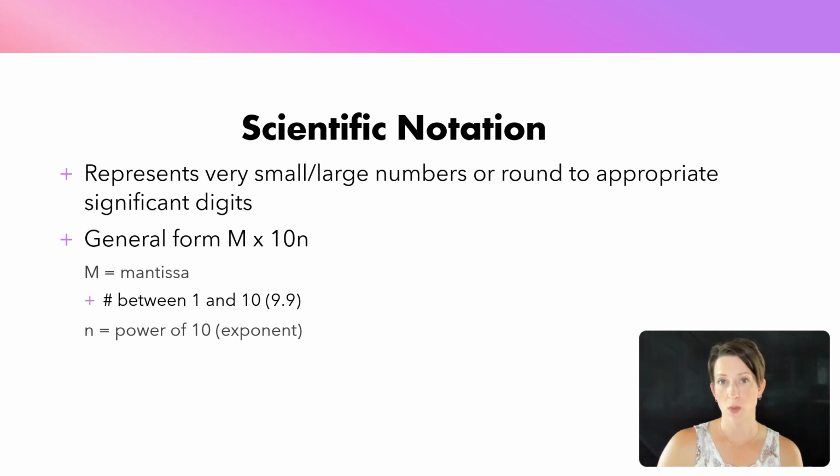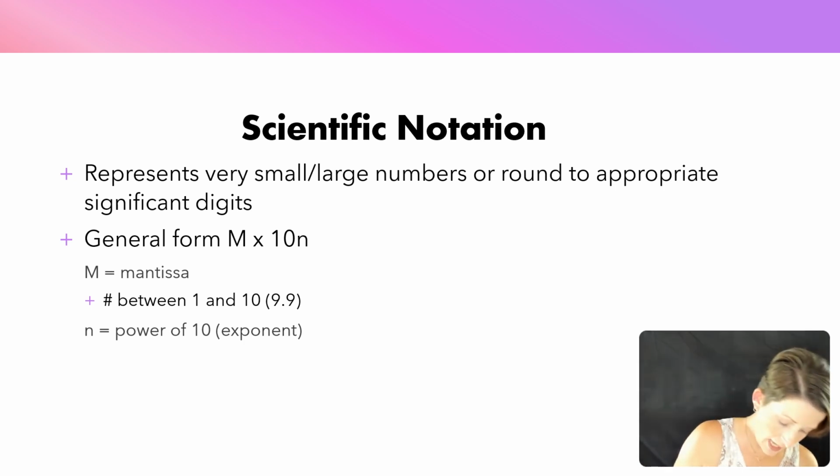Scientific notation is a way in which we can represent a number. It is easier, or shorter, to represent very small or large numbers, so you don't have to write all those zeros. More importantly, it is used to round to the appropriate number of significant figures, especially when it comes to insignificant zeros. So when we're looking at the general form of scientific notation, we have this